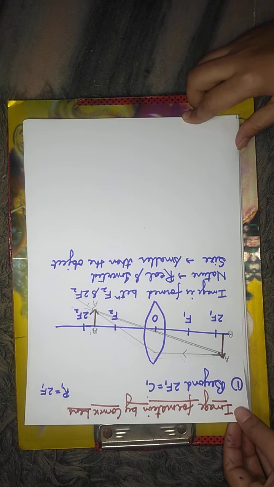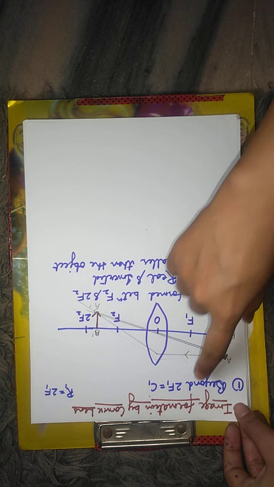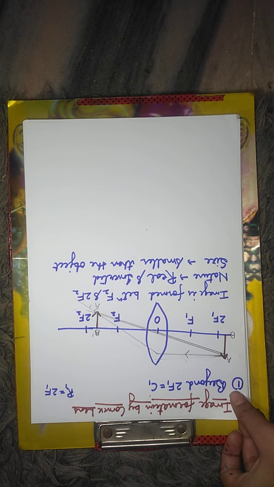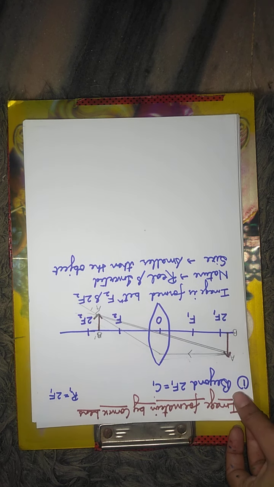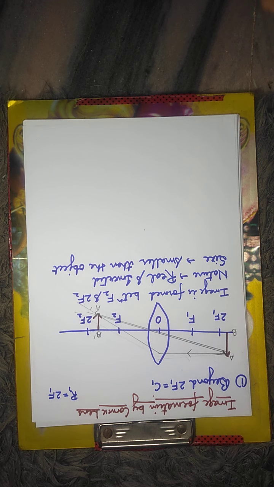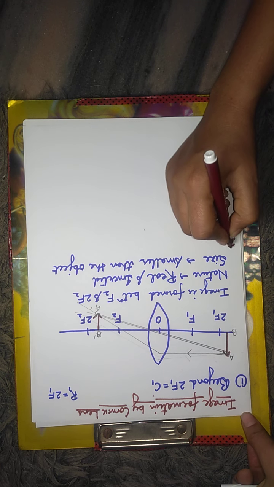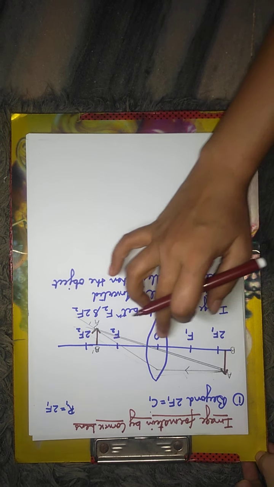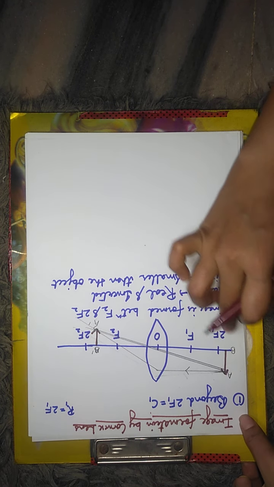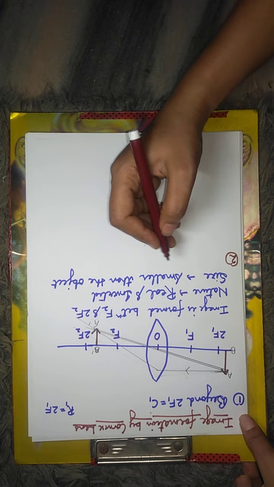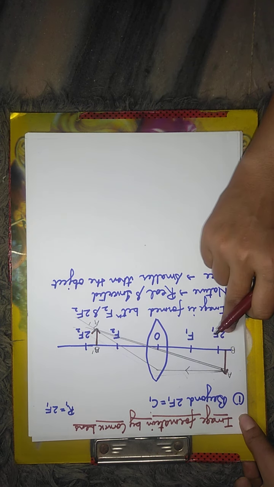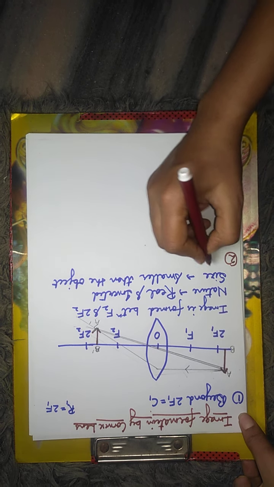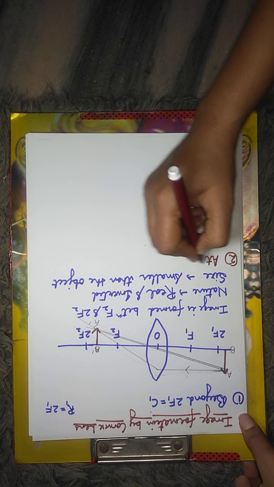In the previous video, I discussed the first case, image formation when the object is beyond 2f1. In today's video, I am going to discuss the second case, when we shift the object towards our optical center. So, what will come? 2f1 will come. We will shift the object and place it at 2f1. Now, the object is at 2f1.